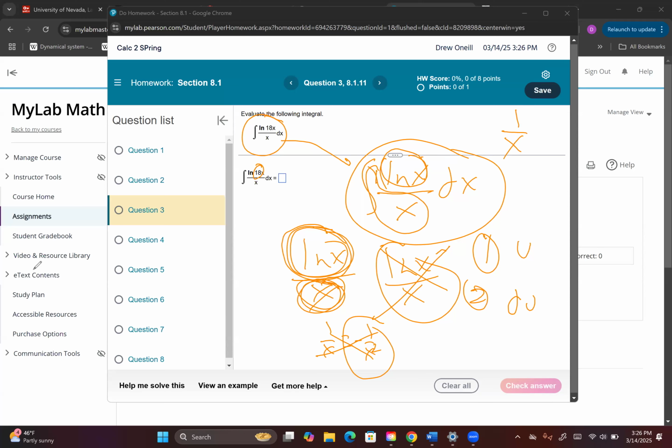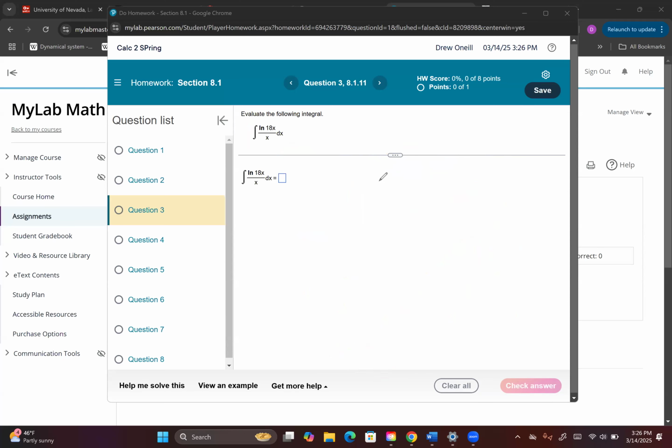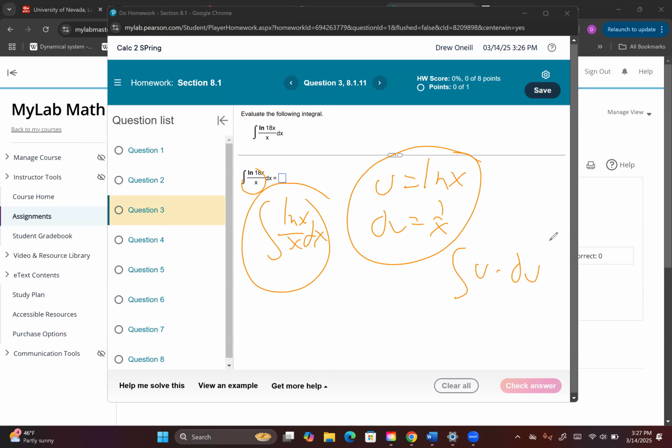It's tricky. Okay. So what we're going to do is let u be ln x, then du would be 1 over x. So that integral that I wrote before was this. Notice it's not this problem. I made a simpler problem. This would become u times du, right? Because that's what we have. So I definitely recommend looking to see that that's what we have here. In other words, we get this.